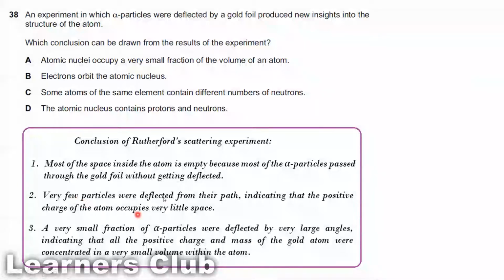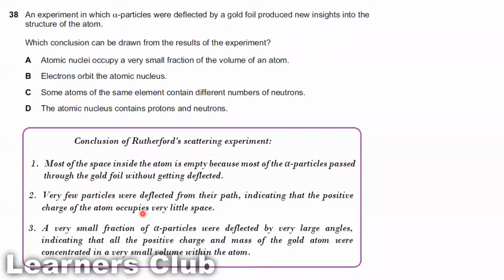Very few particles were deflected from their path, indicating that the positive charge of the atom occupies very little space. As you can see, when the alpha particle moves, a very small amount is being deflected. So that means there is a positive charge situated in the atom, right? Otherwise, there would be no deviation, because the alpha particle is positive, and something should be positive to reflect